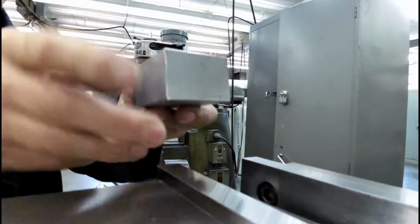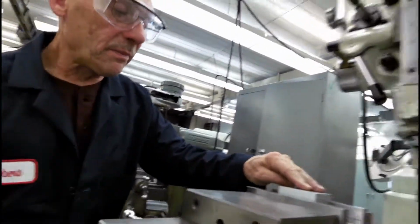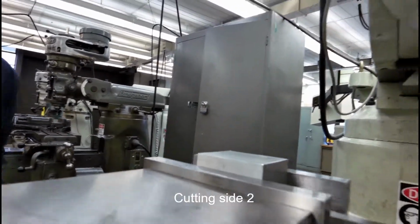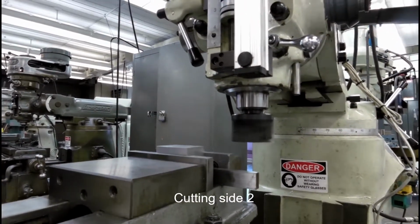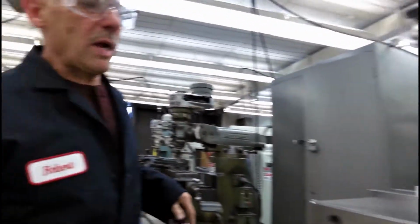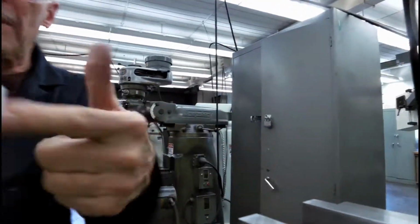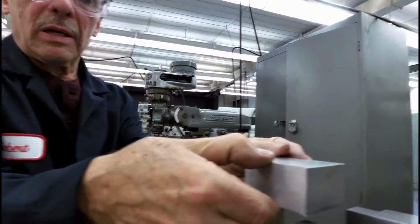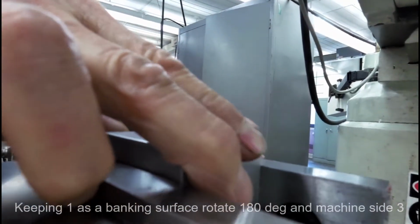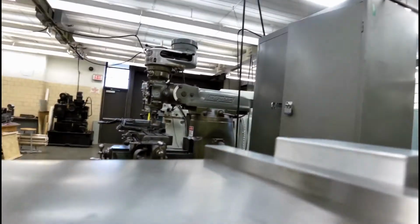So, we put this against our jaw, no burrs. We're going to place this up here, and we're going to close this. And at this particular point, we're going to turn our machine on, and we're going to make a cut. And we're going to pass through our work. The next operation is to loosen this and remove all burrs. There will be burrs. Remember, this is the side against the vise. We're going to take the part, go 180 degrees around, and this is still the first operation up against the solid jaw. No burrs. We're going to close it,